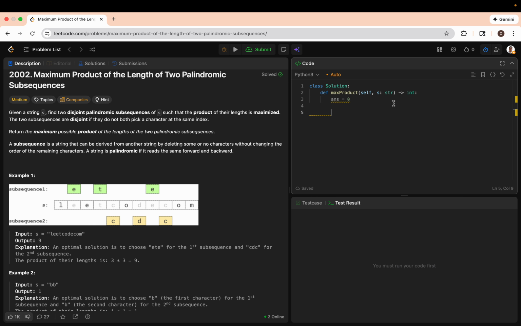Okay, so let's define an answer. And then let's go ahead and generate all the subsequences. So let's do that using the size, or we can just call this current, because what we're going to do is first generate all the indexes from 0 up to the length of S, not including it, because at this point we know that we're going to make sure that the indexes are not shared between either of the subsequences. So for J in combinations of current and of size I,